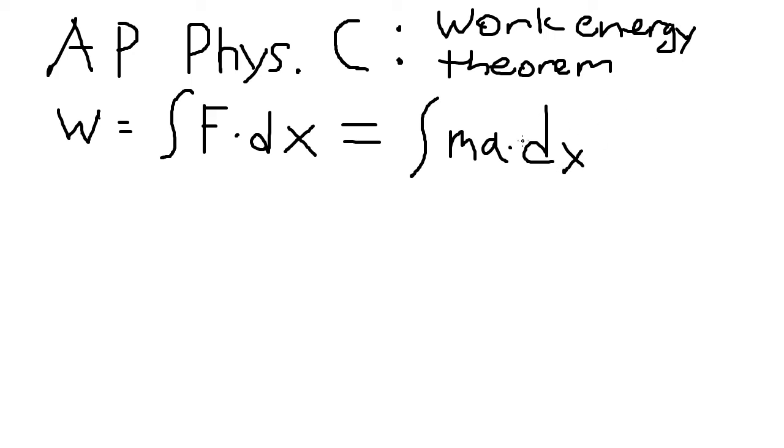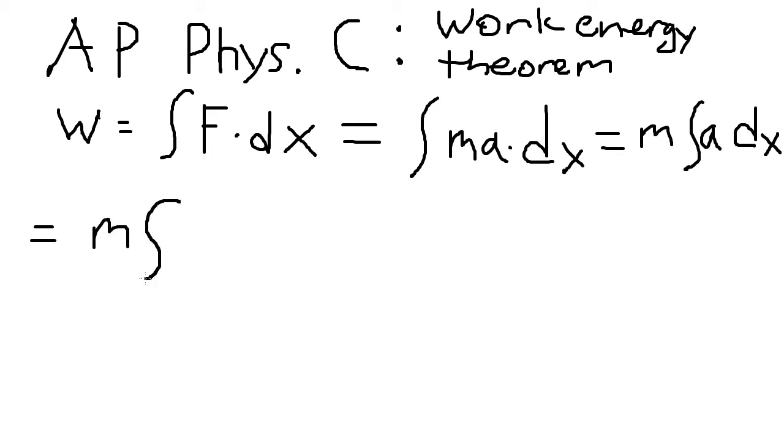And since mass is a constant, we can take mass out of the integral. We could technically do this later, but I might as well just do this now. You can actually rewrite acceleration as the derivative of velocity with respect to time, right? So let's do that. Equals m times the integral of dv over dt, derivative of velocity with respect to time,